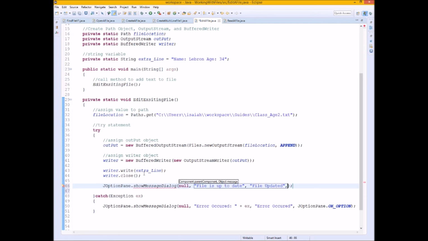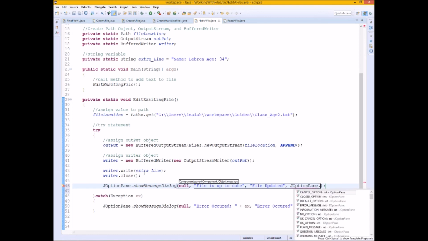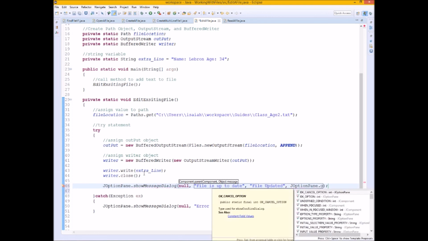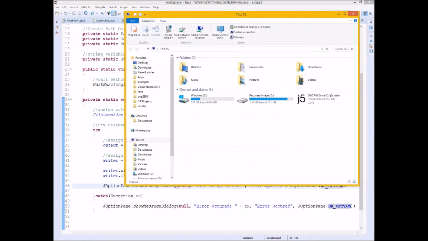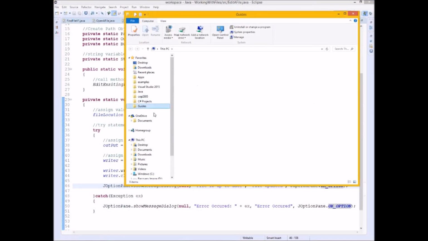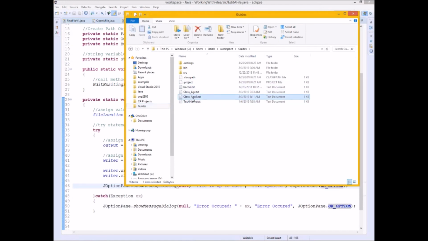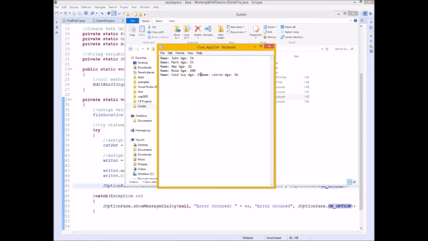And I just want this to be a regular OK message. JOptionPane.OK_OPTION. Perfect. Control save, but I do know that it ran, so let me go ahead and check. Last age, and this is what I was saying was going to happen. If you see here, this is not on a new line, so we did add what we need to, but